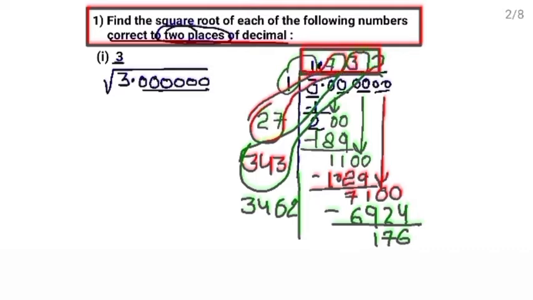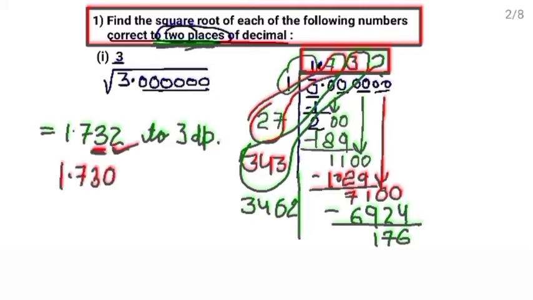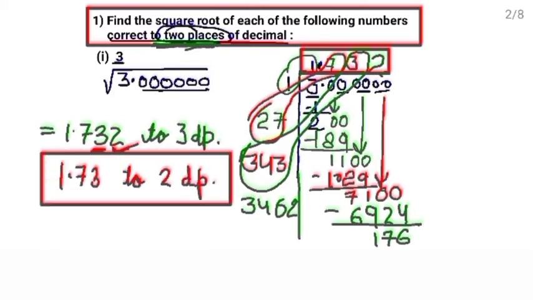So students, here we have found the square root till 3 places of decimal. After the decimal we have 3 digits, right? So this is 1.732 to 3 decimal places, but they asked the answer correct to 2 decimal places. So now we will round off this number, and in a decimal number if you have 0 at the end, it doesn't make any sense, so you can remove it. So this is your answer, 1.73 to 2 decimal places. That is what was asked. So this is your final answer.